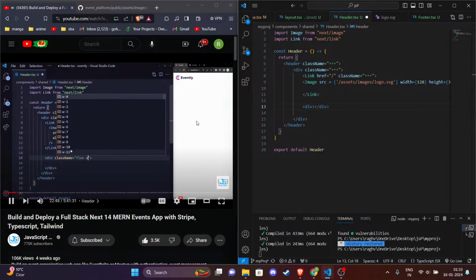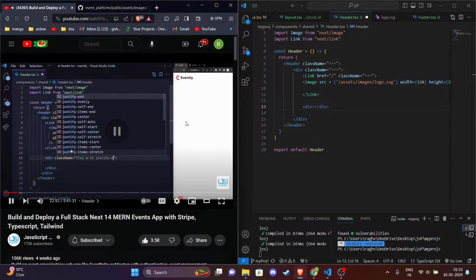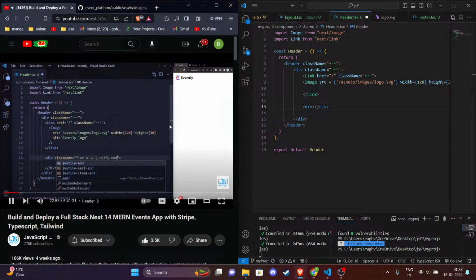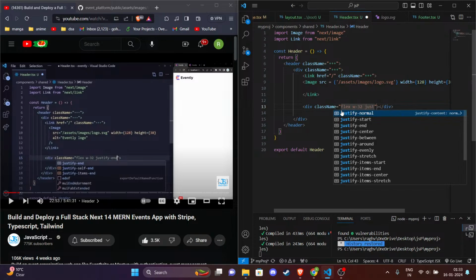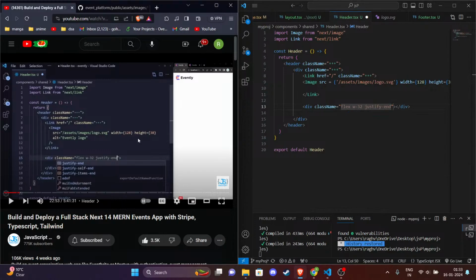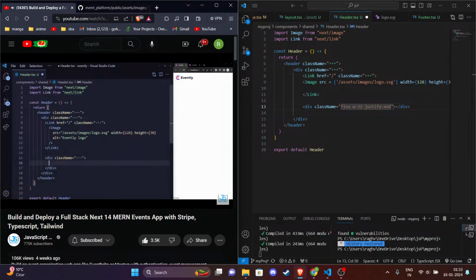It's going to have a w-32, a justify end, because we want to move it to the end of the container. And the gap of 3. Inside of here, we want to